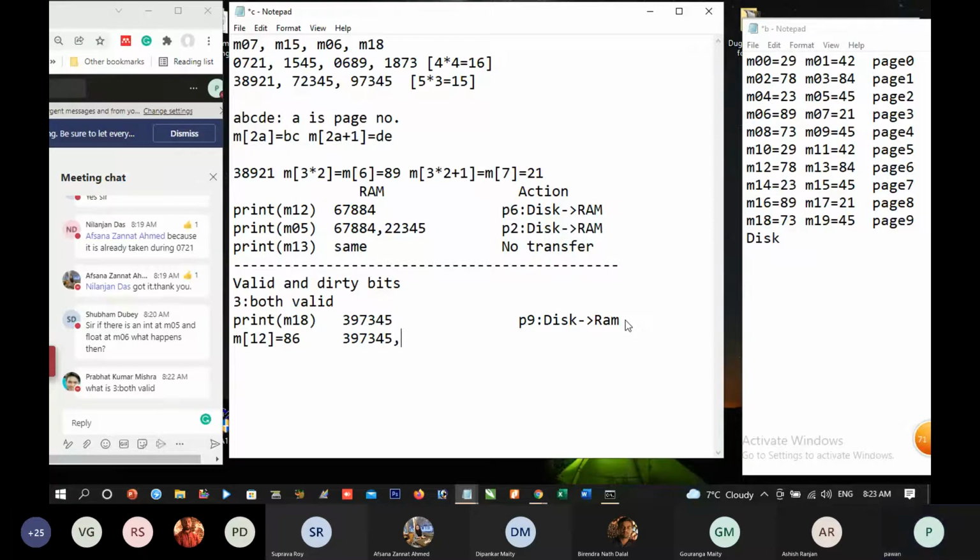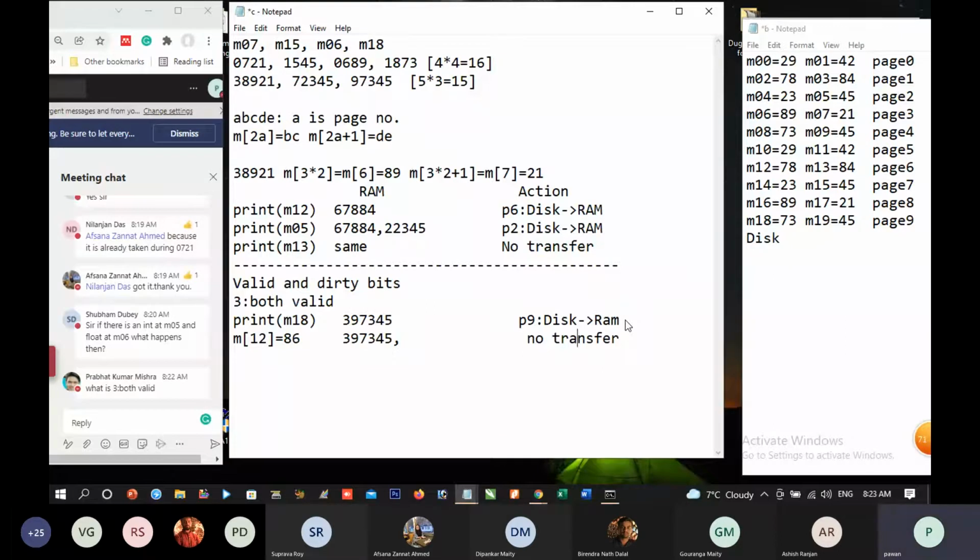Now, M12 is equal to 86 has been done. We do not have to transfer anything from disk to RAM because all operations can be done in memory. So here it is no transfer. Here it is no transfer.